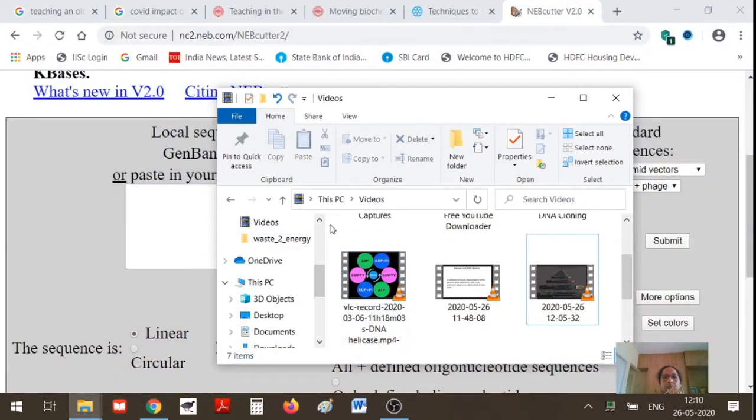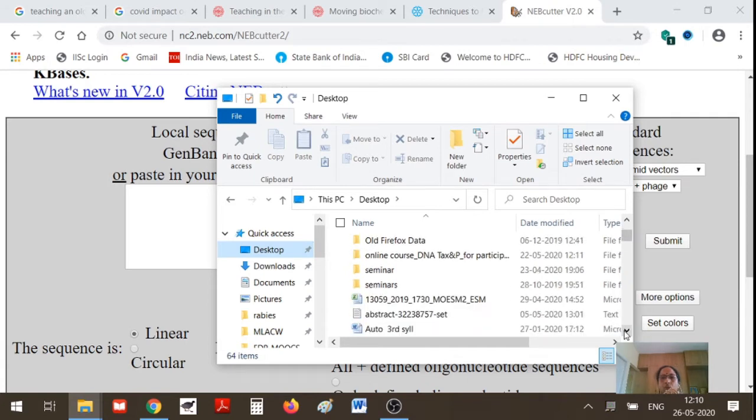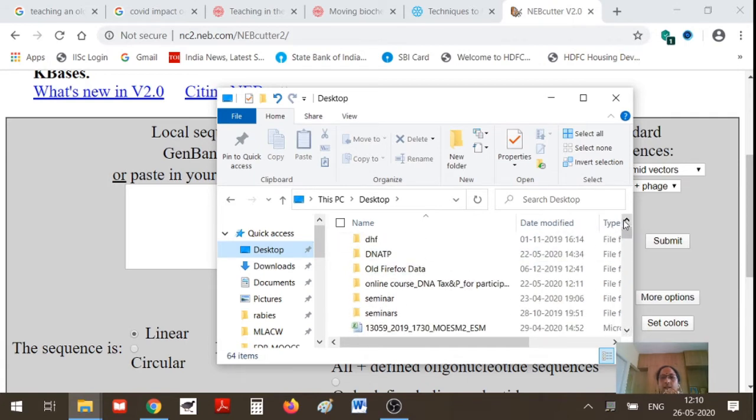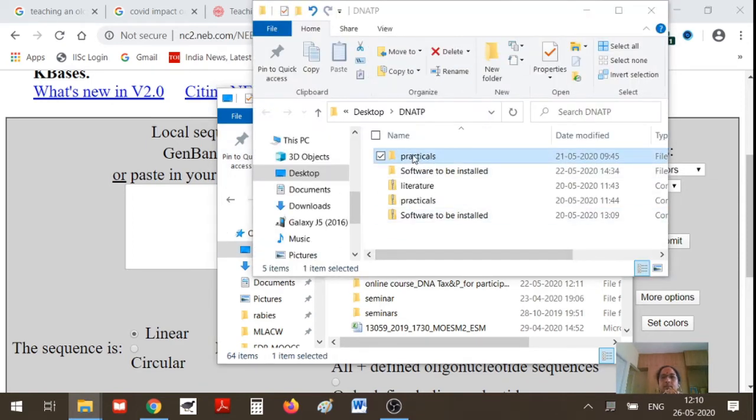I am going to open a text document and then paste that sequence here.